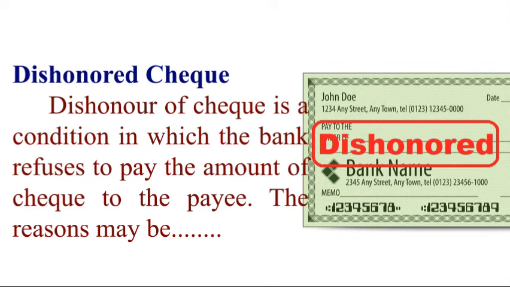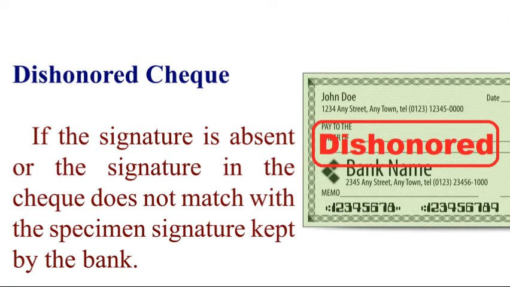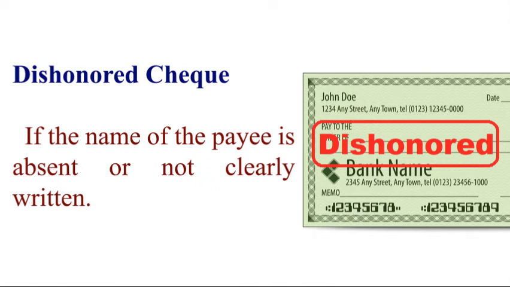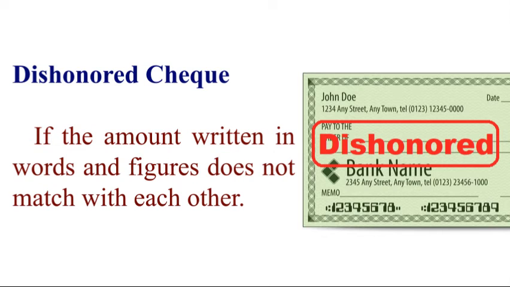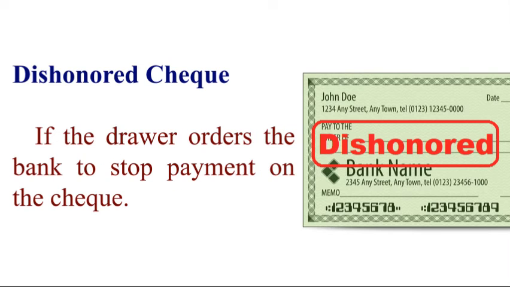The reason may be if the check is overwritten, if the signature is absent or the signature in the check does not match with the specimen signature kept by the bank, if the name of the payee is absent or not clearly written, if the amount written in words and figures does not match with each other, if the account number is not mentioned clearly or is altogether absent,